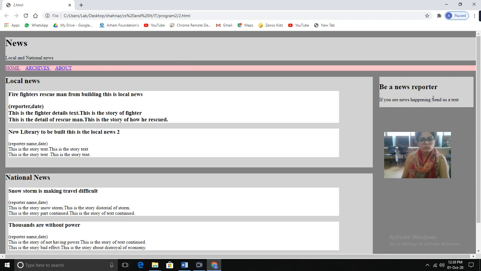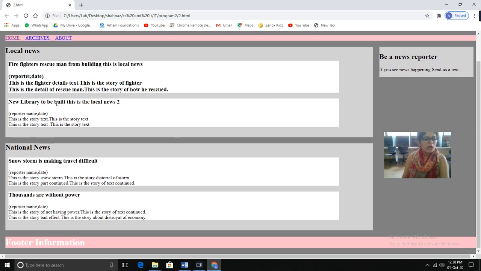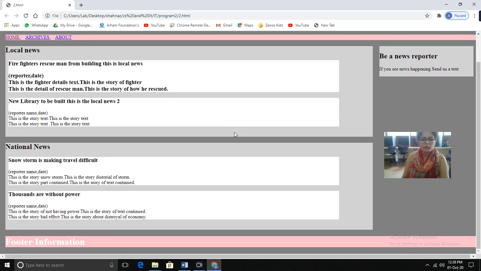We can create this with the aside. These are the articles, and we can simply create these sections by using section. And next thing is we have to provide, see there is a space between this and this line, so we have to provide this. So this is all that we have to create.